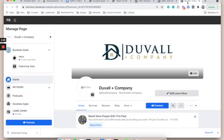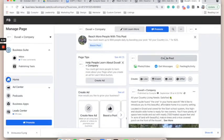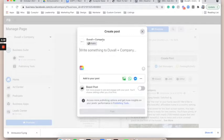Now on Facebook itself, they are adjusting some of the ways that they want you to create posts, or just the tools that they're giving you to be able to post to your feed. So what I'll do is click create post. If you are going to follow along this video in real time, feel free to follow the steps as I say them. However, if you want to go ahead and schedule this post out, we'll go ahead and click